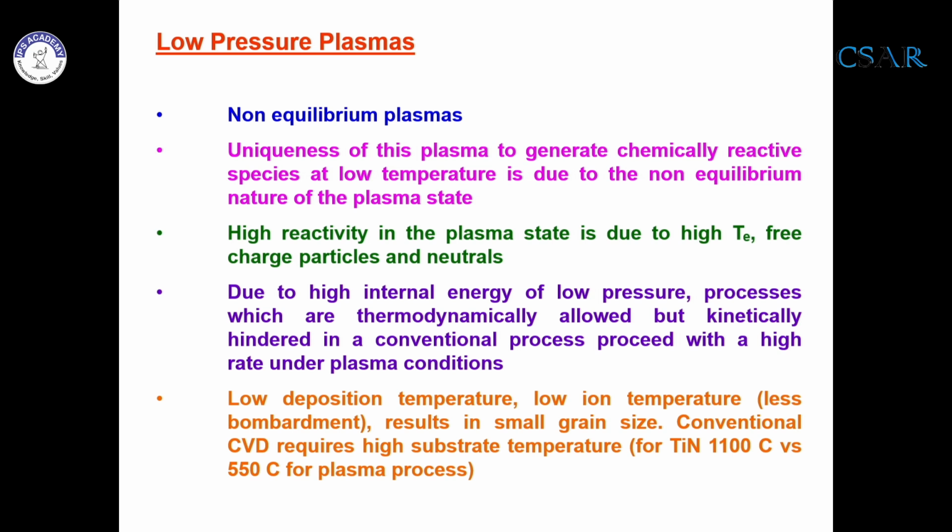And because of that, this is a state of high internal energy because of high electron temperature, free charged particles and neutrals. And due to this high internal energy, processes that are thermodynamically allowed but kinetically hindered proceed at very high rate under plasma conditions. The example is,